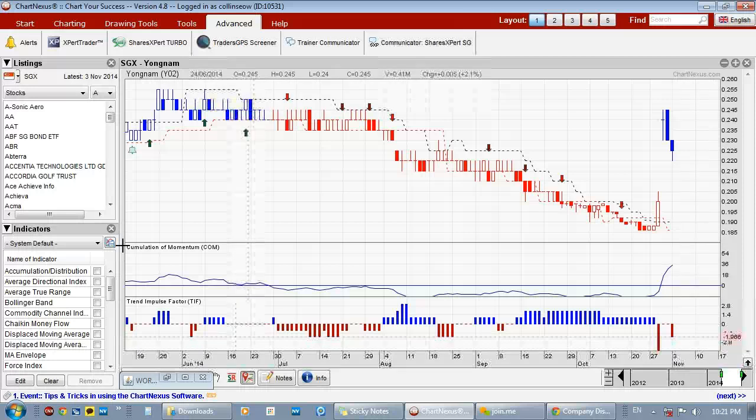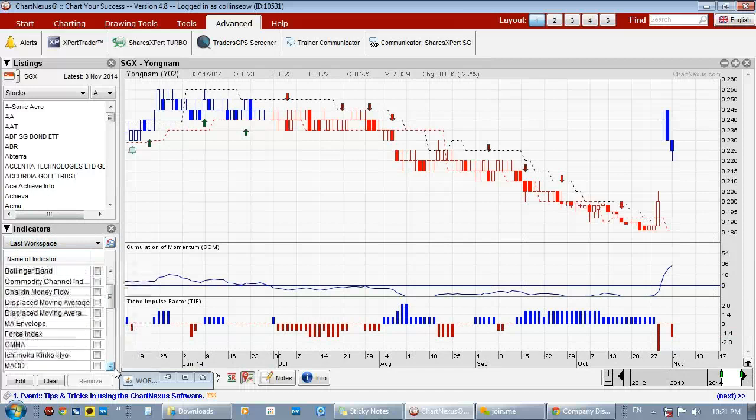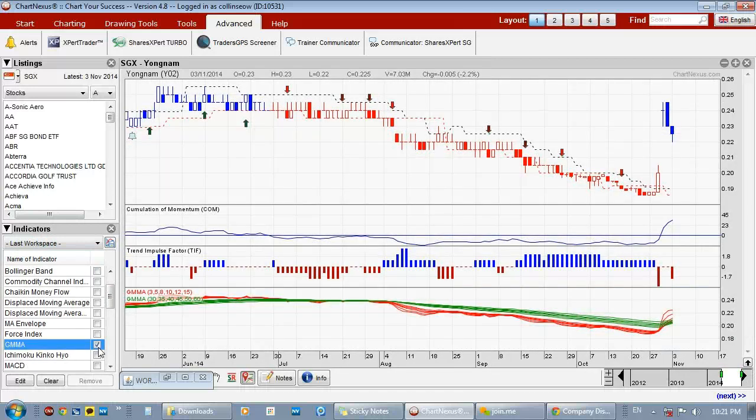But if you want, you can maybe use the MA. Look at the MA, look at the CCI, and then decide whether the trend has changed. As an example, we look at the GMMA. We can see that this stock has changed trend from down to now going up. This stock has been down since July. Now October, November, it's starting to turn up again. Okay, on a weekly chart,